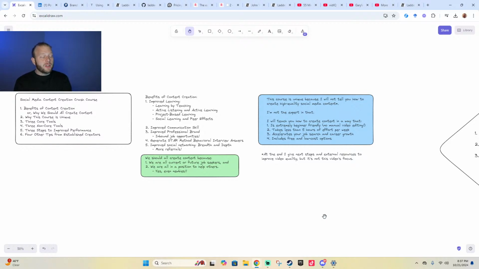And then as a relative junior in the field, you might have a dearth of STAR method behavioral answers. So these are anecdotes. Tell me about a time when you did something. And then the STAR method, we want to have a quantitative result ideally. And it's hard to do that when you're just starting out. Social media content creation gives you an avenue to answer with a quantitative impact because you can look at, I did X and it improved my views. I did X and it improved my users. You can build an open source project and then actually get users on that open source project by spreading the word about it through content creation.